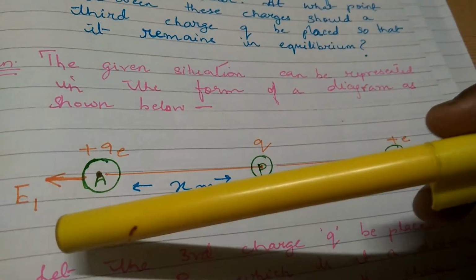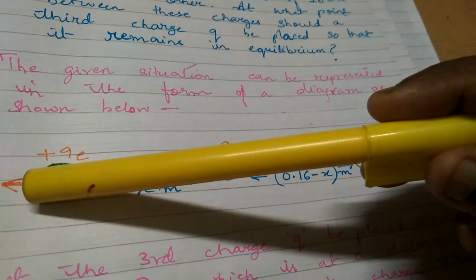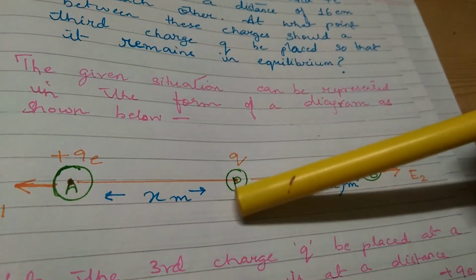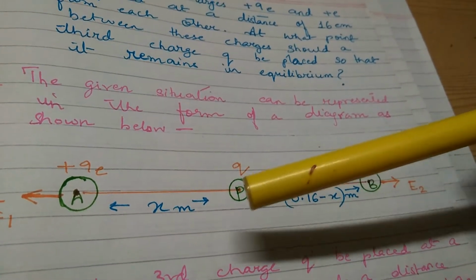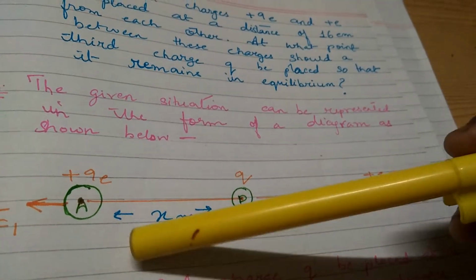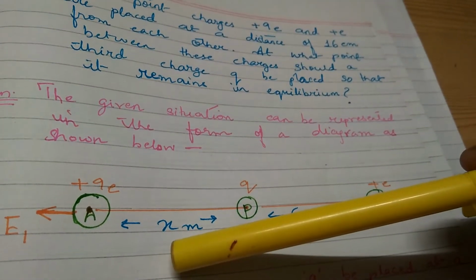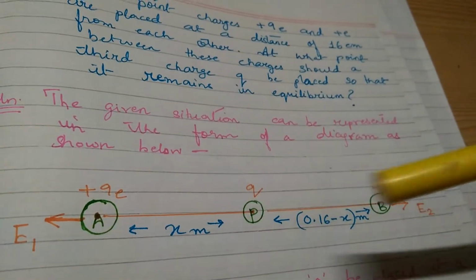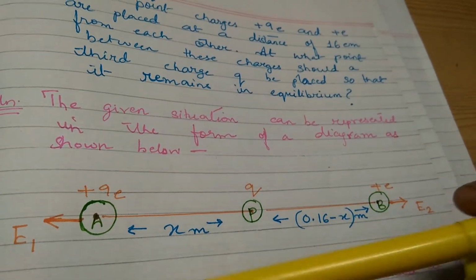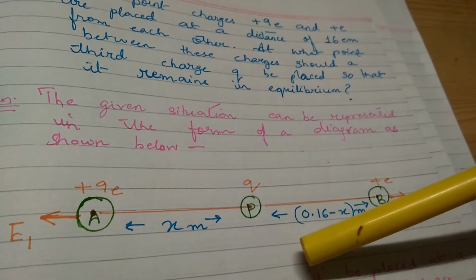So we have this charge 9e and we have one more charge plus e, so plus 9e at A and plus e at B. Let the point where we are placing the third charge q be P. Now we don't know what is the distance at which P is located, so we are taking it as x meter. The distance between A and B is already given to be 16 centimeter, that is 0.16 meter. So if the distance from A to P is x meter, then from P to B it is 0.16 minus